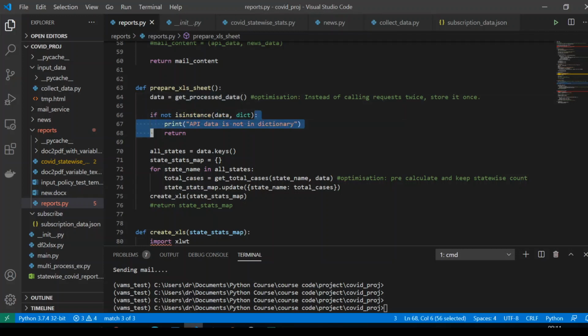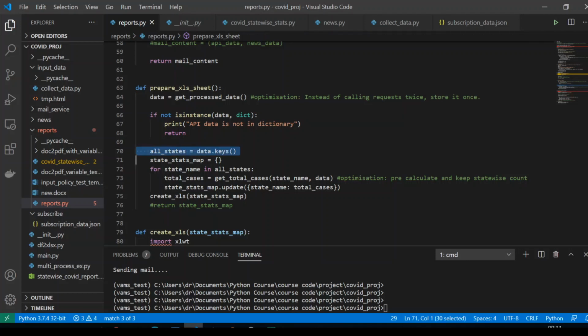defensive code. That means if I get something else, for example, if that API changes in future and it doesn't exist at all, something like that, it may return a string or an HTML or something like that, which I'm not interested in. So this code will say that okay, API is not a dictionary, so I cannot go further, so it returns here. Okay, and then here this is one of the key